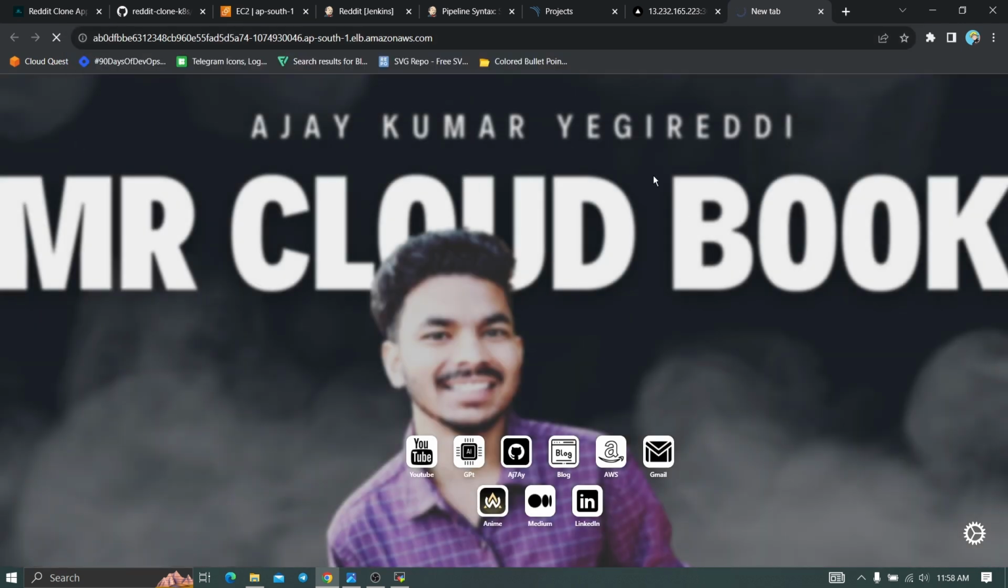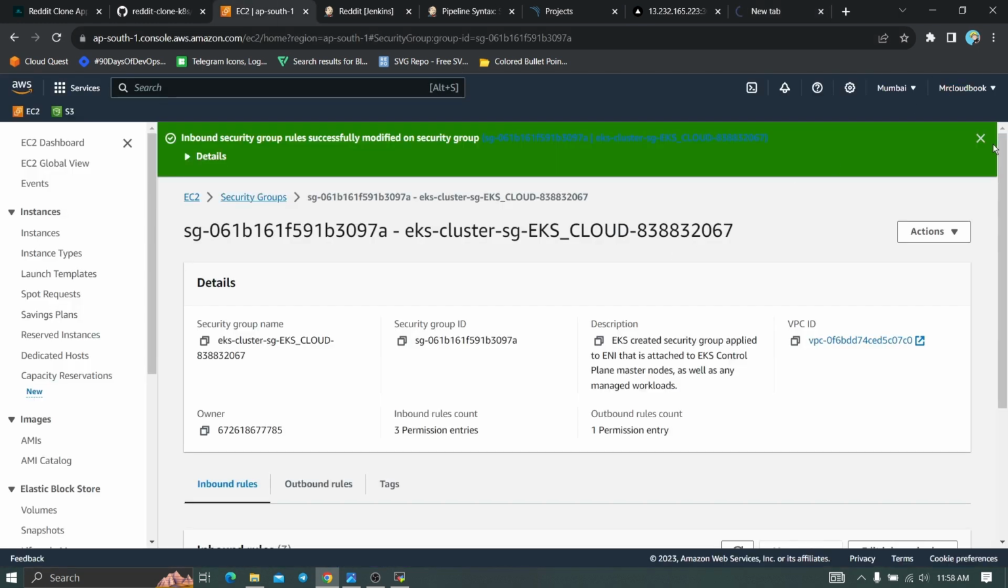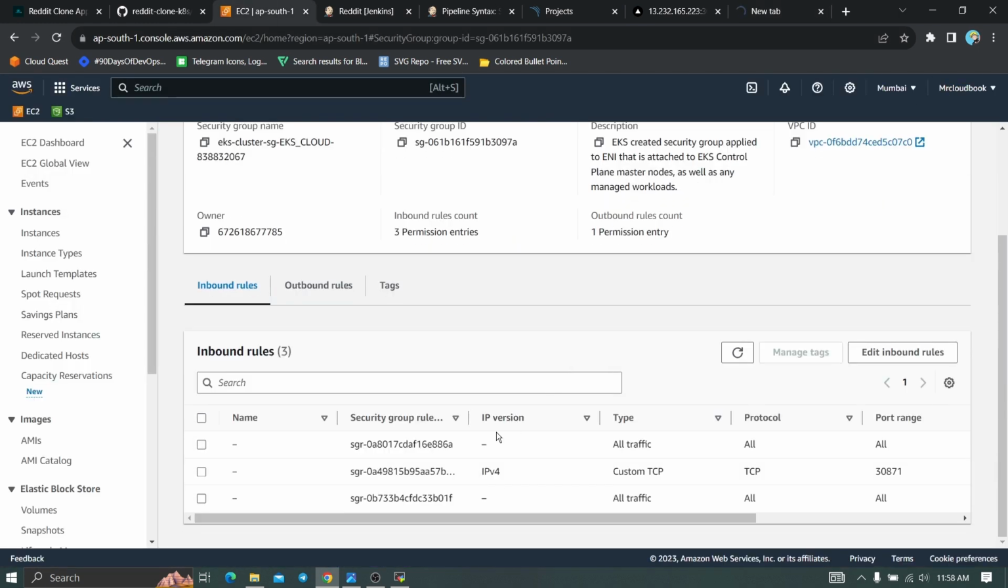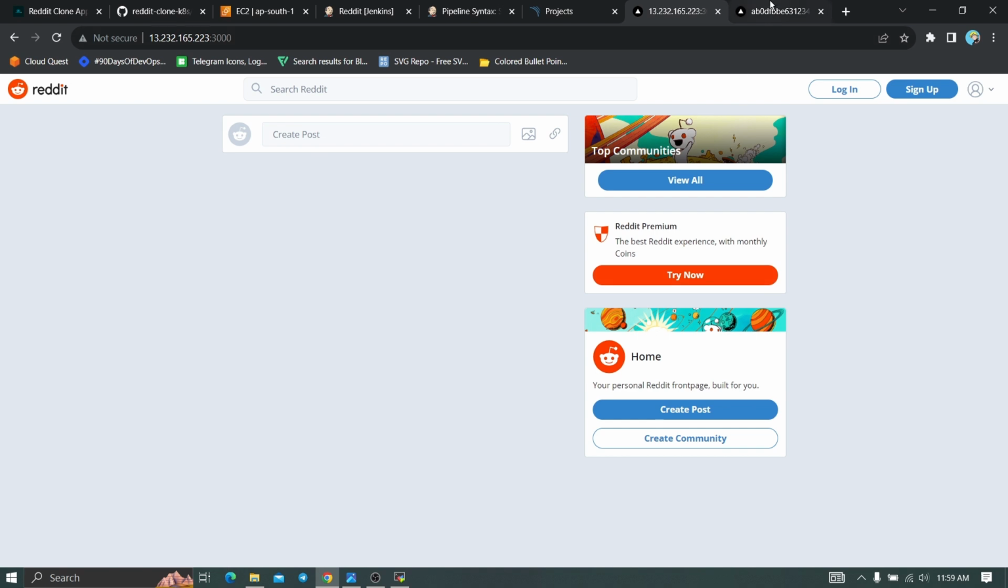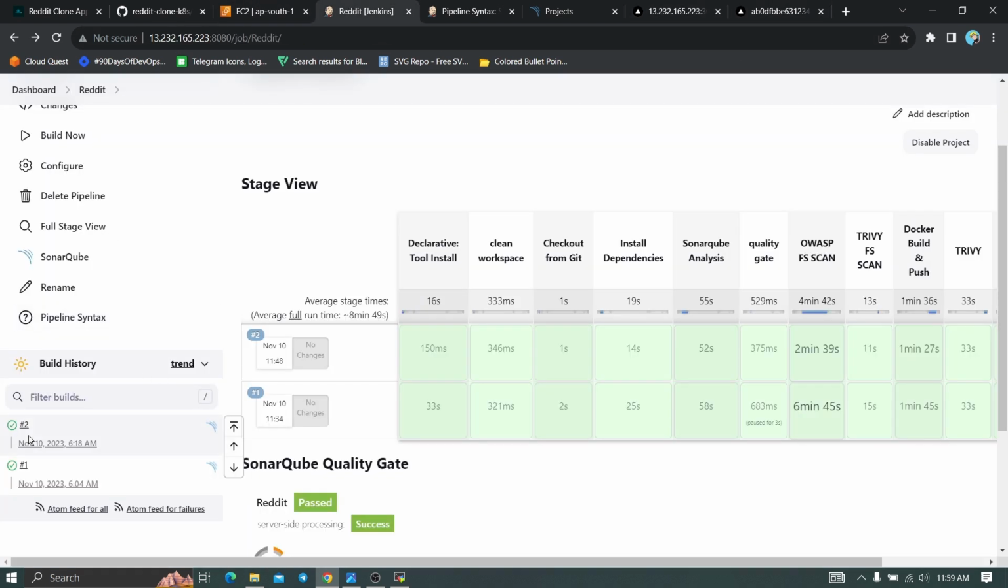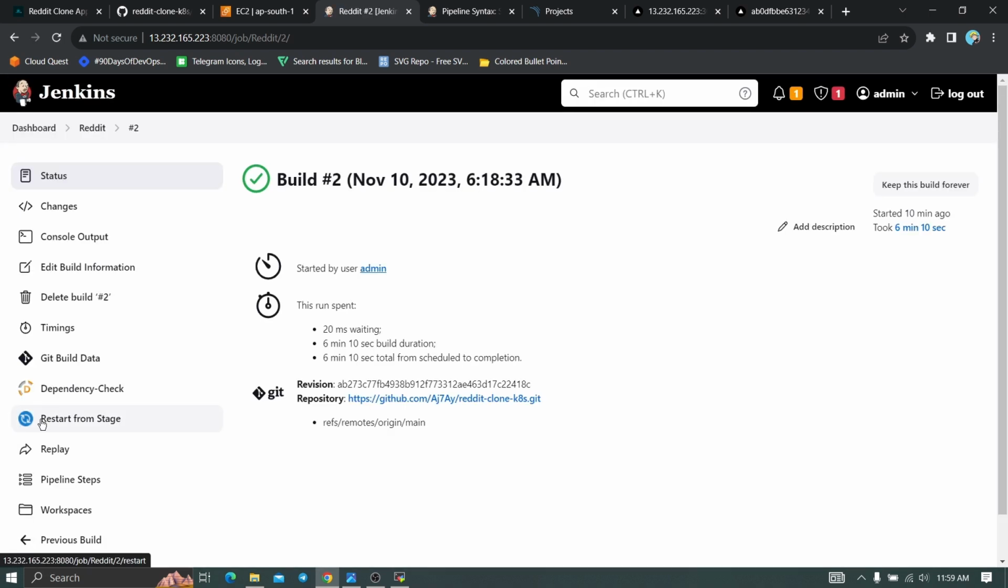It will take some time because we added the security group rule now. And if you see here for the inbound rule, we added the 30871 now, and now it's working fine. For the Kubernetes load balancer external IP, we are getting the application. This is the Reddit application, and this is the Docker container for our Reddit application. Both are working fine. And if you come back here to the Reddit and go inside this particular second build